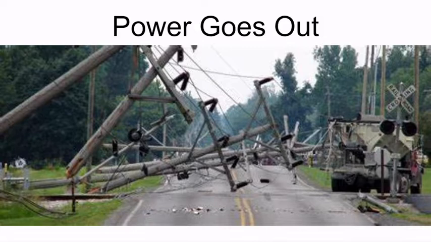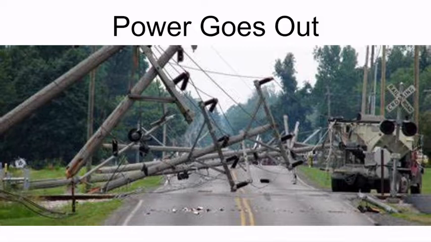One of the most common problems with tornadoes is it knocks down or breaks the power lines that go through a city. Those power lines, those strings between the poles, are what carry electricity from house to house, from company to company, and from street to street. It takes electricity all across the country.